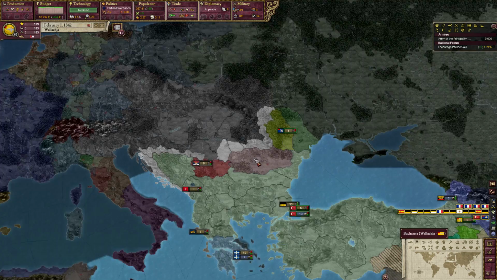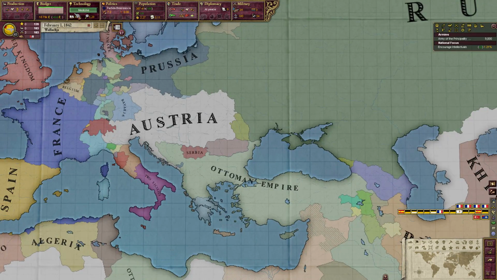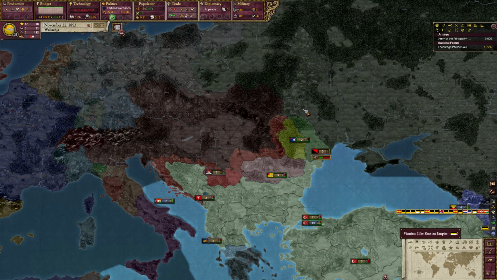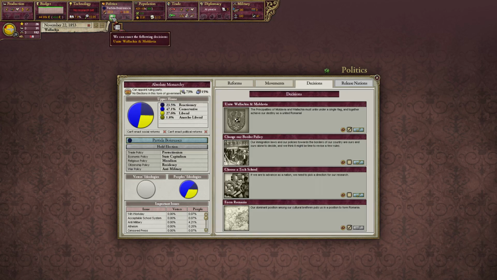Oh, jeez. Yeah, a big chunk of my country got occupied in the war there, and now my ability to field troops has gone down, down, down. Now my economy is shit. Damn it. Okay, so we are now in the year 1853, and I just finished researching nationalism and imperialism, which